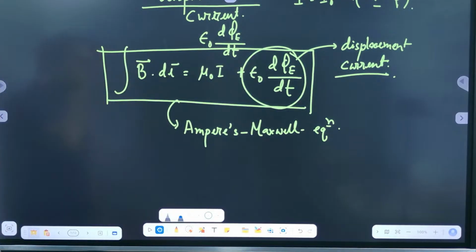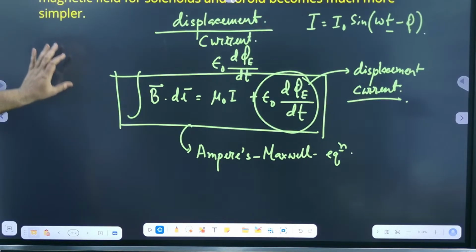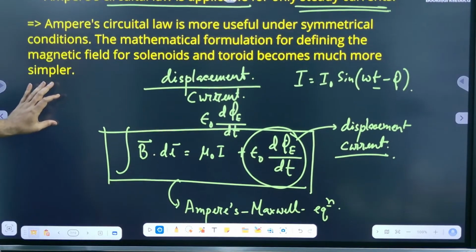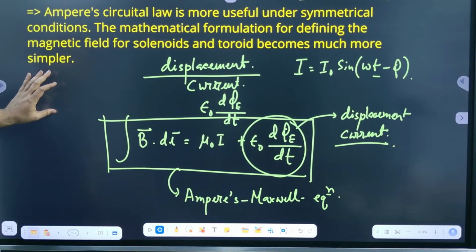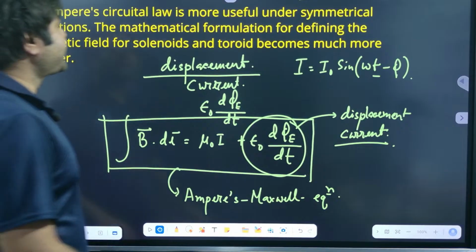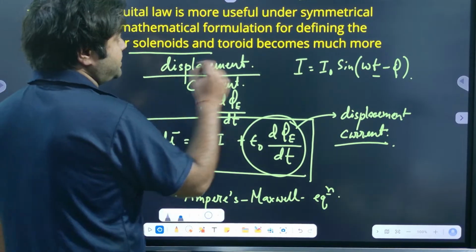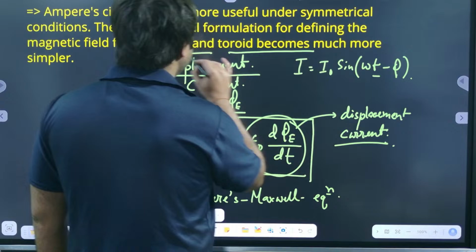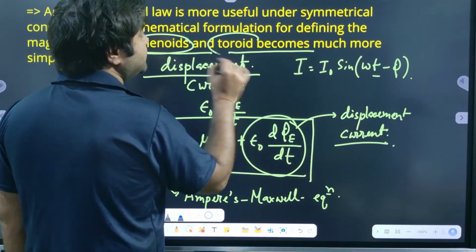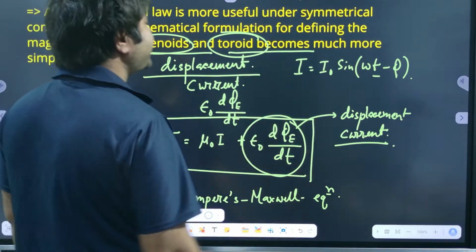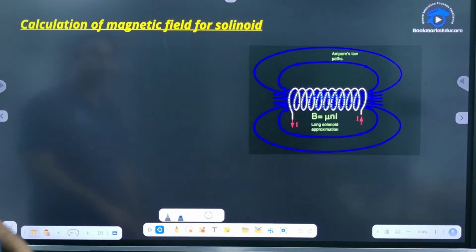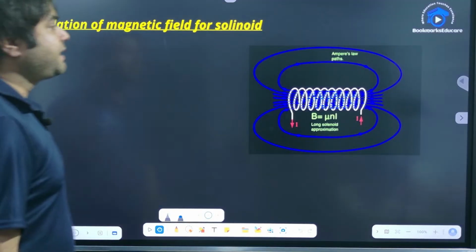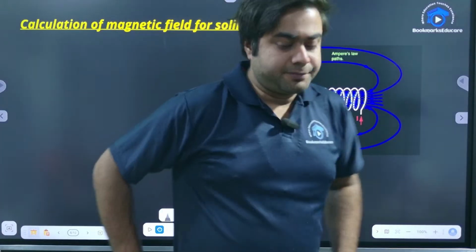ठीक है, दिस इज बेसिकली द फॉर्म ऑफ डिस्प्लेसमेंट करंट, ये एक चीज याद रखना। एंड एम्पियर सर्किटल लॉ इज मोर यूजफुल अंडर सिमेट्रिकल कंडीशंस। द मैथमेटिकल फॉर्मुलेशन फॉर डिफाइनिंग द मैग्नेटिक फील्ड फॉर सोलिनॉइड्स एंड टॉरॉइड्स, ये मैंने पहले ही बताया था कि सोलिनॉइड्स और टॉरॉइड्स के लिए मैग्नेटिक फील्ड कैसे निकाले, ये निकालना बहुत आसान हो जाएगा, अब वही देखेंगे। लेट्स मूव फॉरवर्ड। कैलकुलेशन ऑफ मैग्नेटिक फील्ड इन केस ऑफ द सोलिनॉइड।